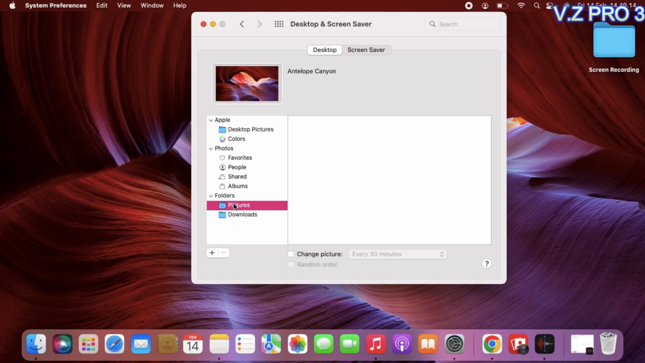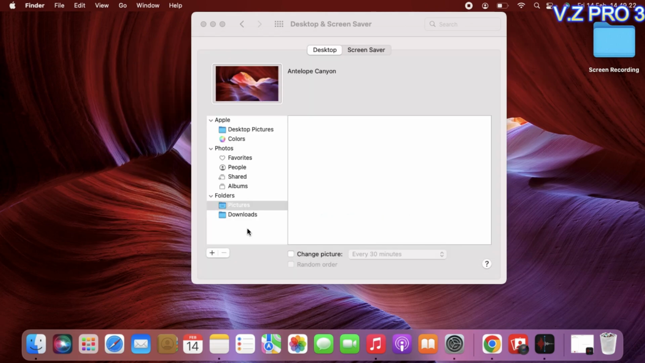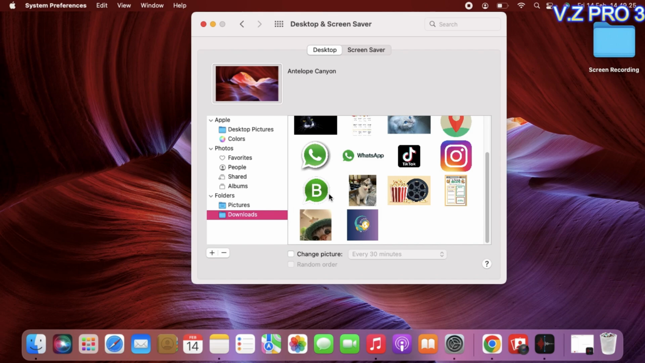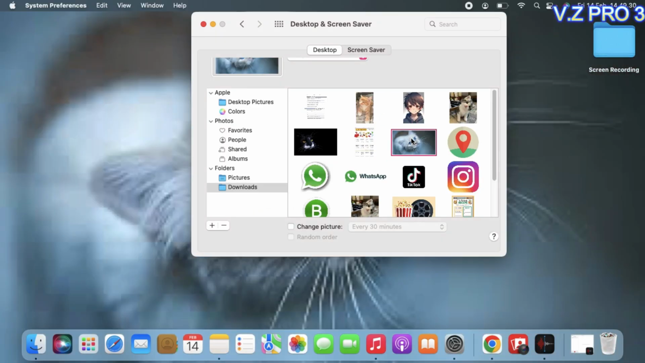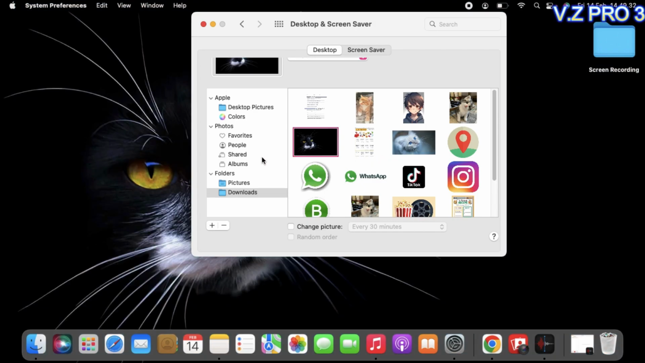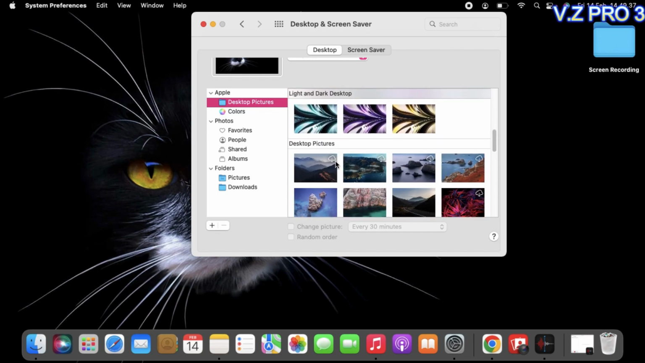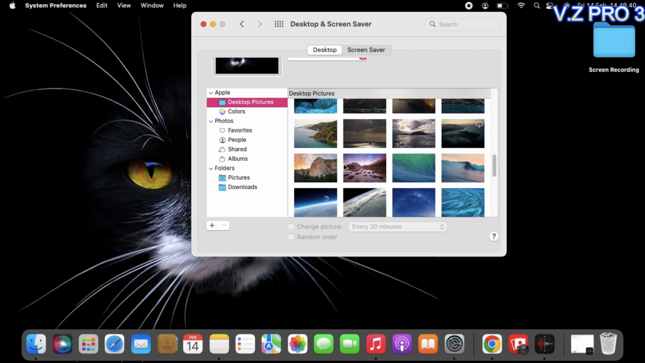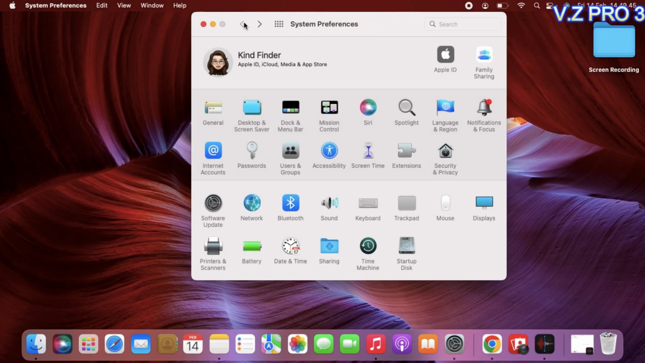You can choose from your picture folder and you can just choose the picture that you want to use as your wallpaper as your desktop, like this one or this one or this one. But I will just choose from wallpaper, from the MacBook that gives you this one. Now, after you finish setting up your wallpaper, you can set up your screensaver still on the